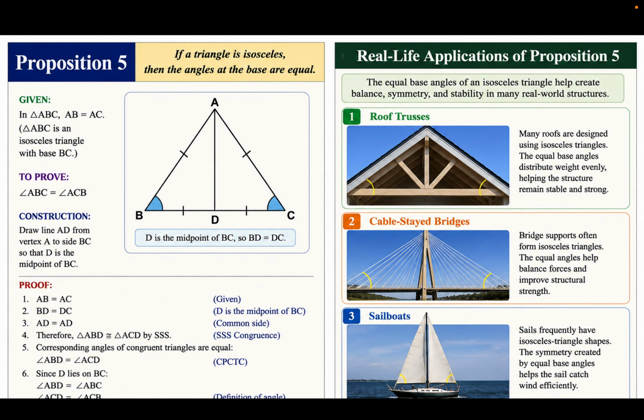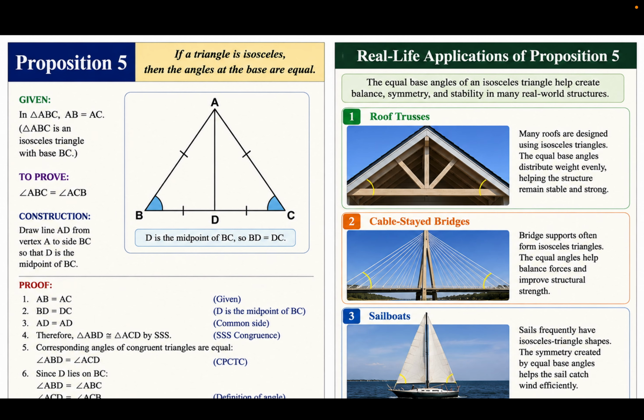And lastly, we have application 3, which is sailboats. Sails are often shaped like isosceles triangles because the base angles are equal. The sail maintains symmetry. This helps the sail catch the wind efficiently and improves the boat's movement through the water. Whenever the wind comes, it exerts pressure on both sides of the base, so it is evenly distributed and makes the movement of the boat smoother and